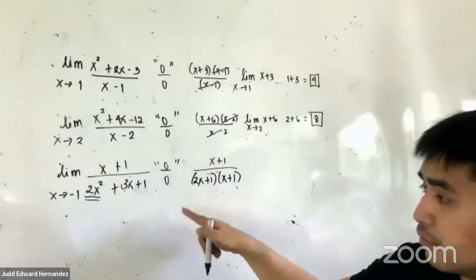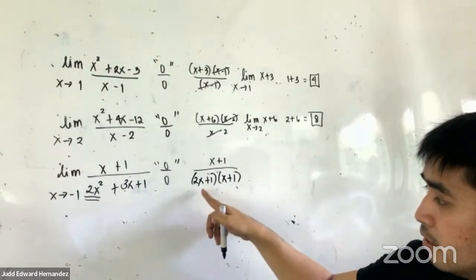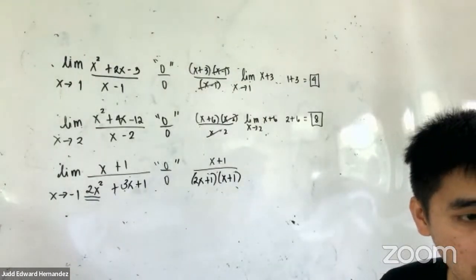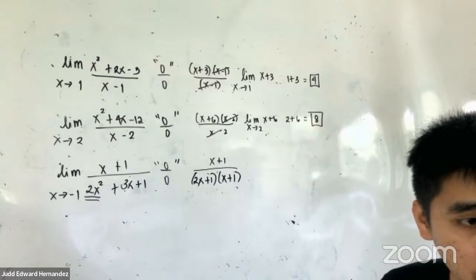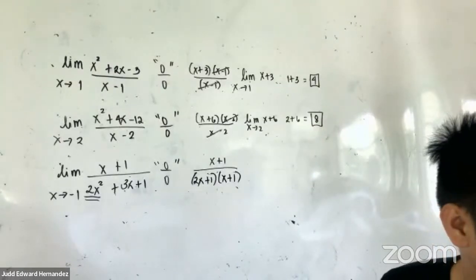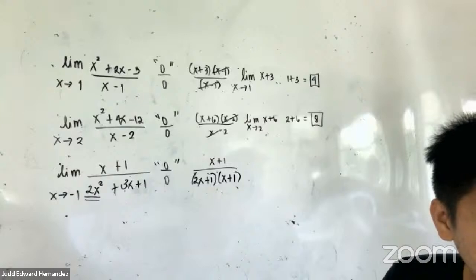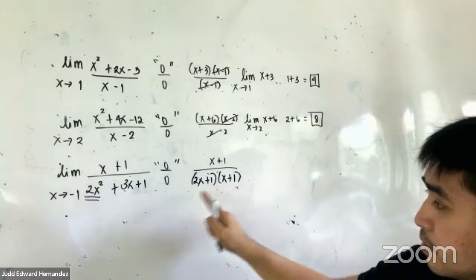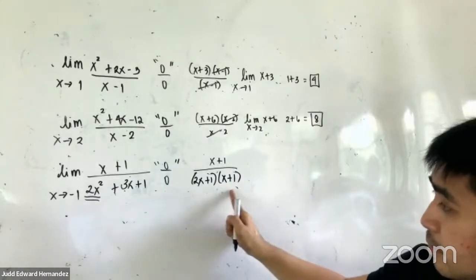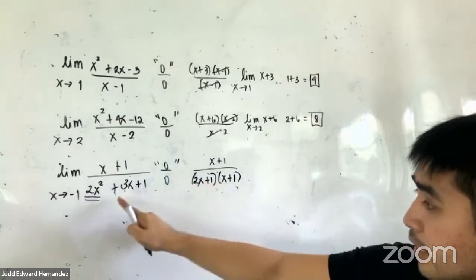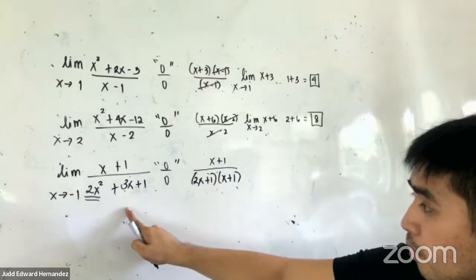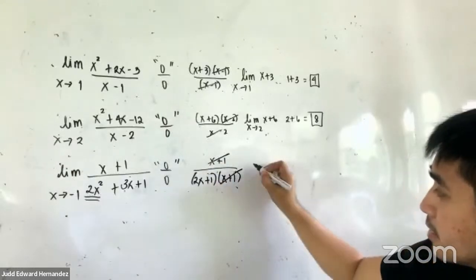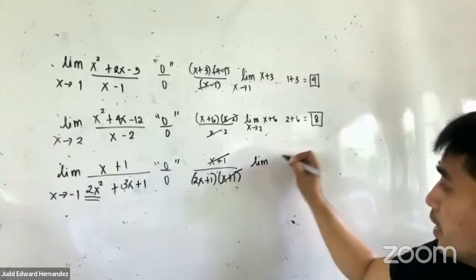Are the factors of 2x squared plus 3x plus 1 2x plus 1 and x plus 1? Tama po ba? Could you please answer? Yun po ba ang factors niya? Pakitingnan nga po. Yes po, sir. Okay, so this is 2x times 2x, 2x squared. 2x times 1, 2x. X times 1 is x. 2x plus x is 3x. 1 times 1 is 1. Cancel x plus 1, cancel x plus 1. Therefore, it becomes the limit of 1